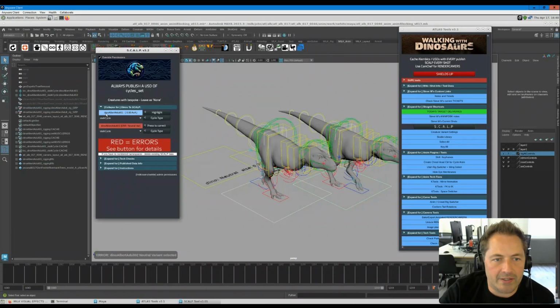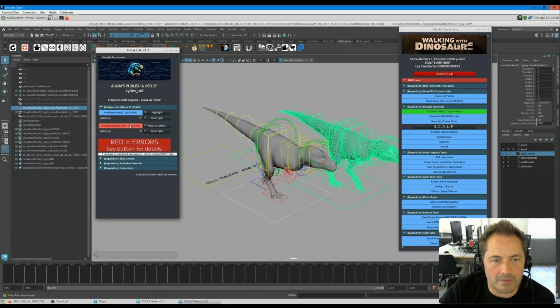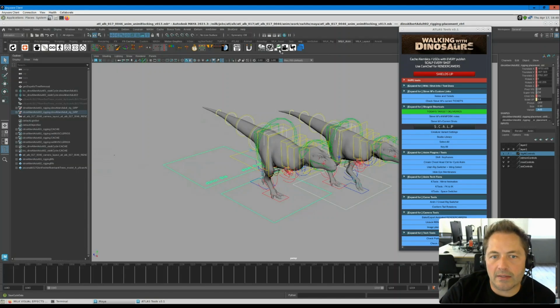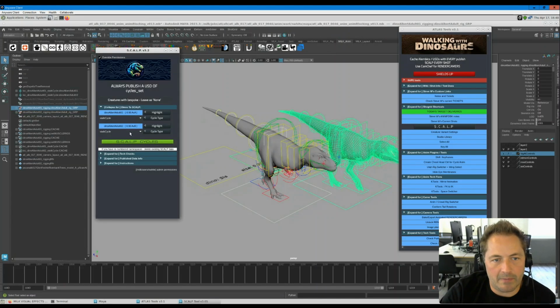So if I run the tool again, you can now see this one's fixed, but this one needs to be a different variant, and this one needs to be the sister, which is AVB. So we switch her to AVB, and now if we run the tool again, you can see they both work. We have tech checks that you can run, checks the different namespaces and sequential errors